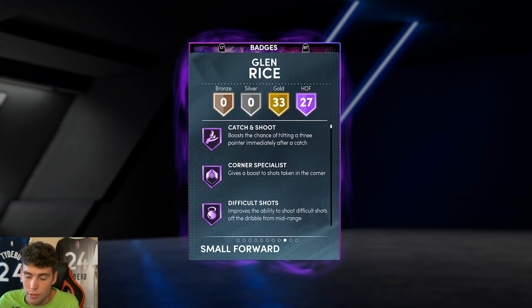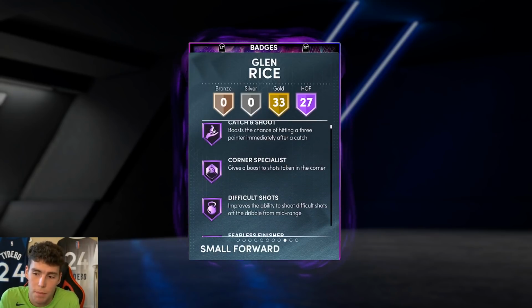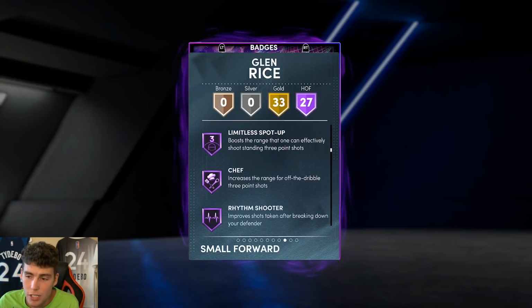27 Hall of Famers, 33 on gold. Everybody's like, okay, if you have a 20% chance to pull him, he must be bad. No, he's not. Hall of Fame, catch and shoot, hyperdrive, pick dodger, clamps, intimidator, mismatch expert, blinders, circus threes, limitless